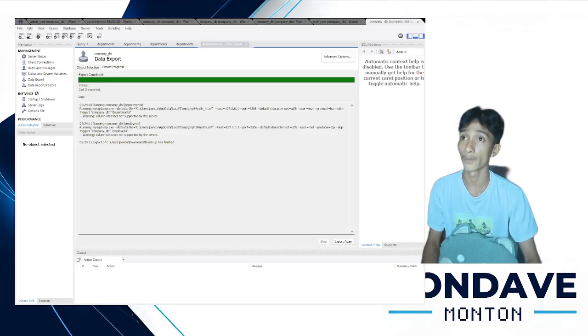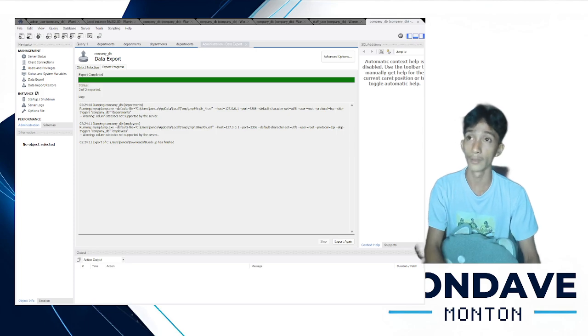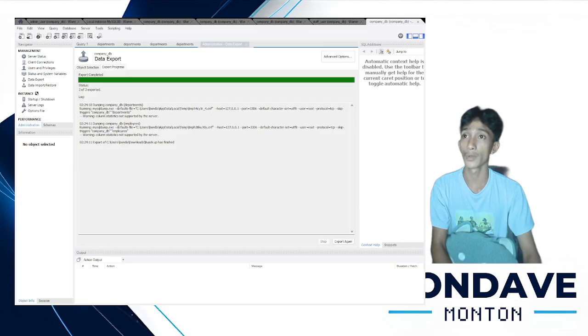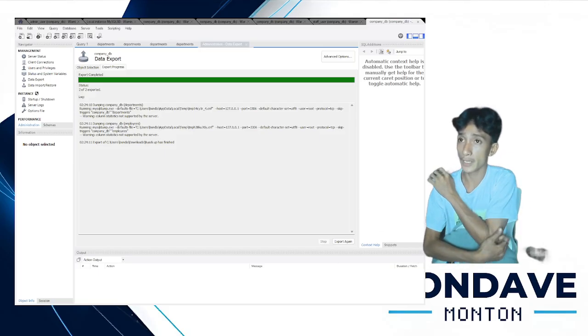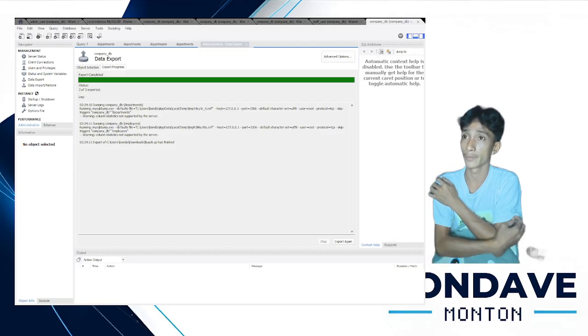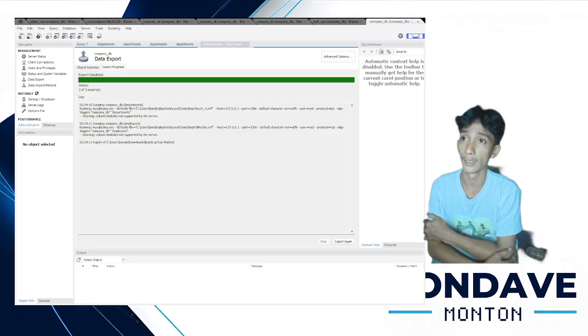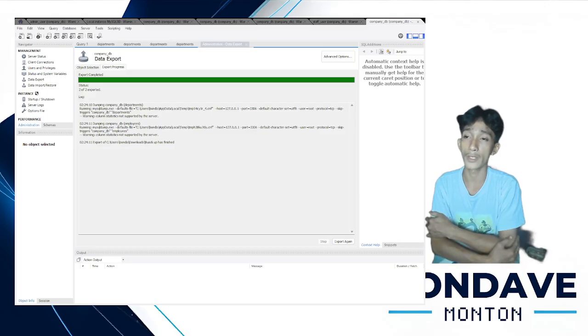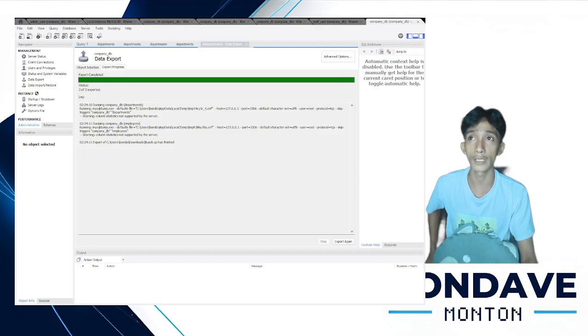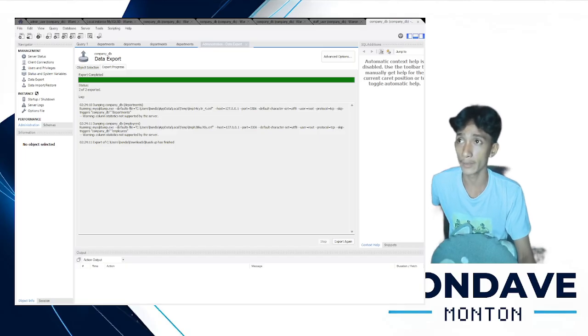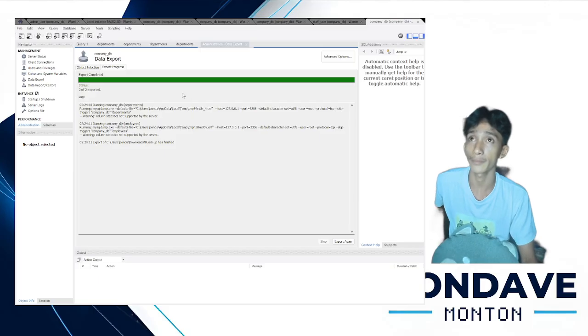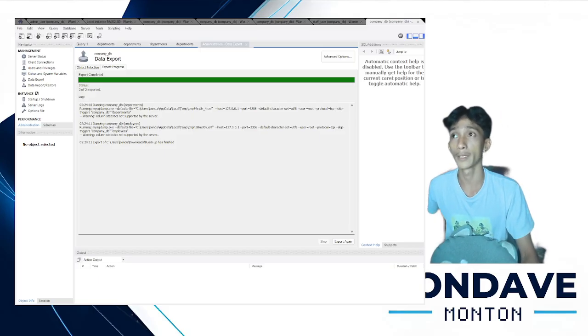So this is our file path, then backup. So this is our database. We have a company DB department SQL, company DB employee SQL. So we have successfully exported our database.